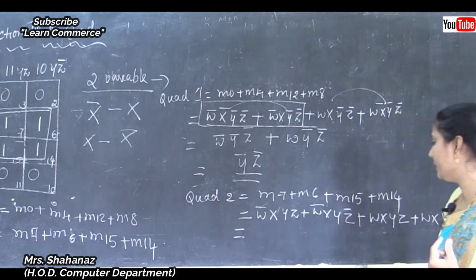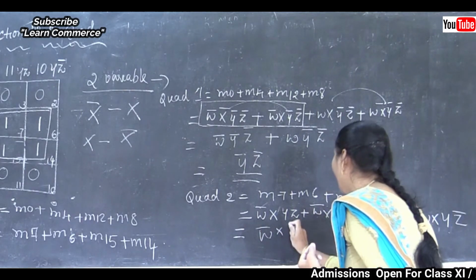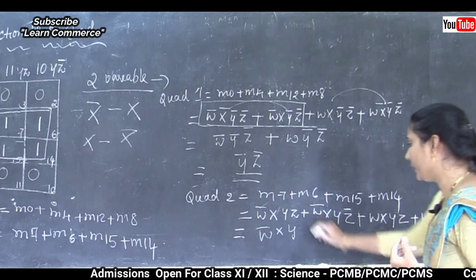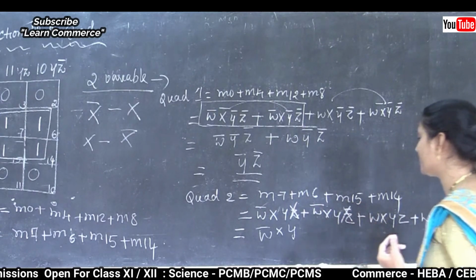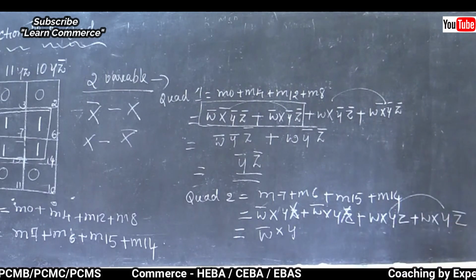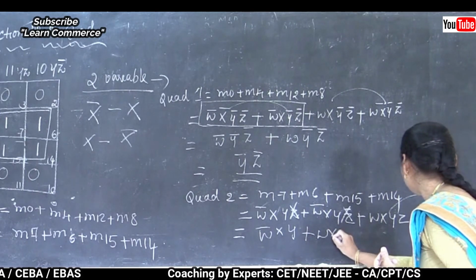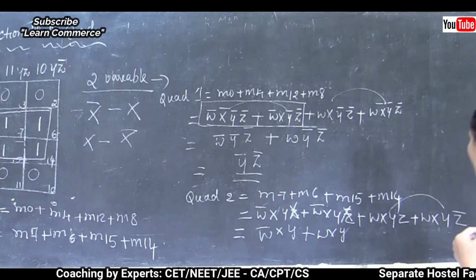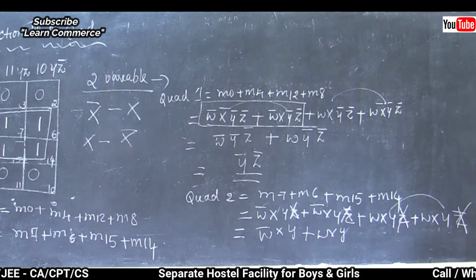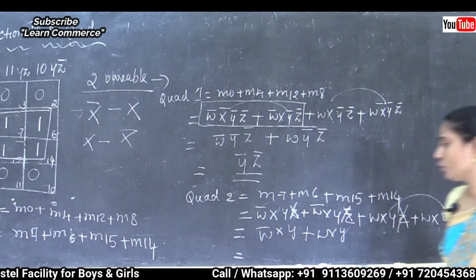Now you have to make the comparison. Complement W we need to use, next X also we need to take, and Y also, but we need to remove the variable Z, complement Z, correct? The Z and complement Z. So this is our first and second comparison expression. Now we need to compare the third and fourth value. So W there is no change, X also no change, and Y also the same, but when you make the comparison Z and complement Z, we need to remove such value here.